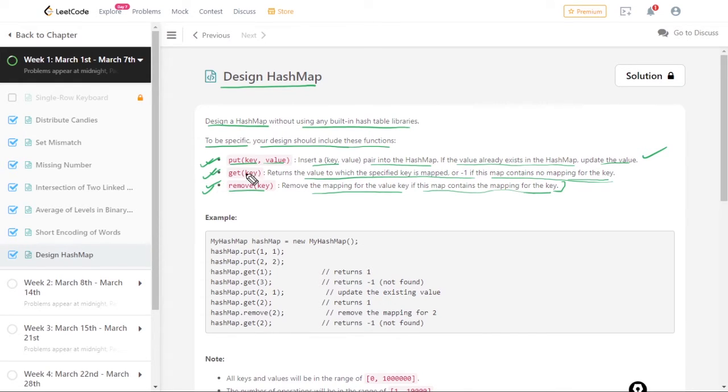The first is put. Basically we need to update it. When you have seen the map, there are basically key value pairs. So if, for example, 1 is mapped with 2, and we want to access the value for this one, suppose the map name is m, so we would write m[k]. Okay, so this will basically give us the mapped value for this key, that is 1. So suppose you are writing m[1], we'll be getting the value 2 here.